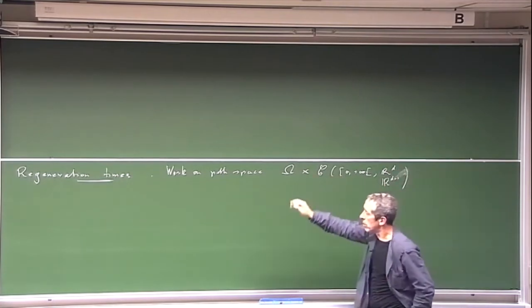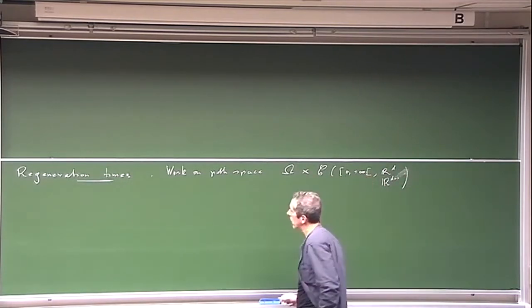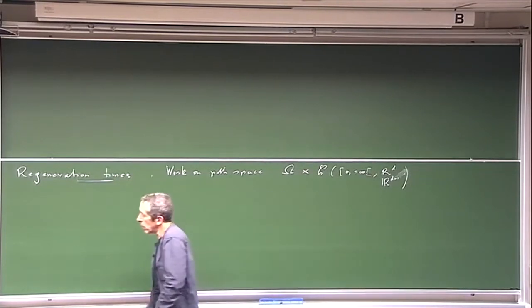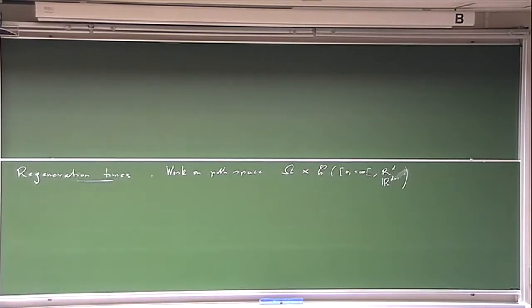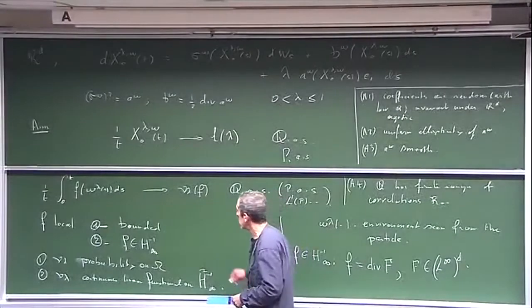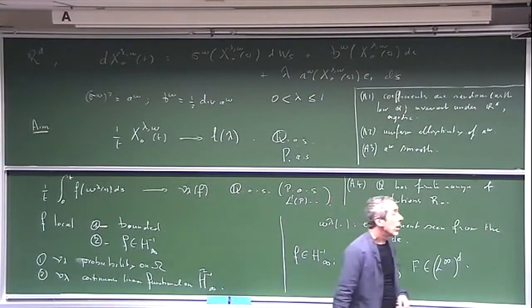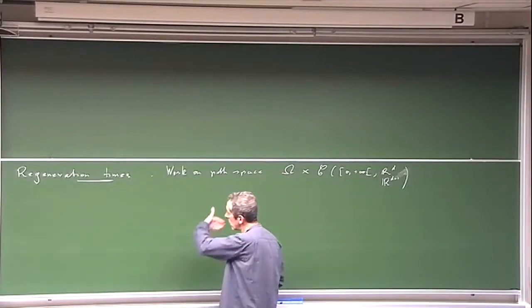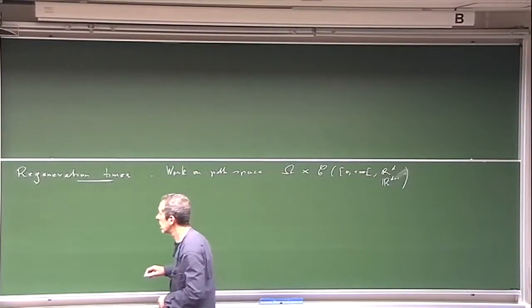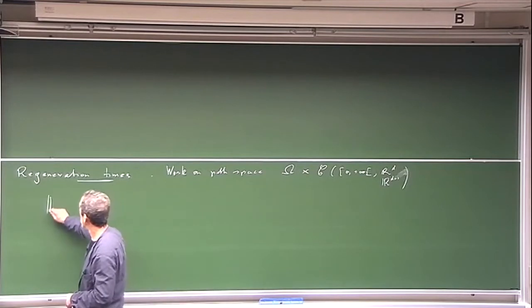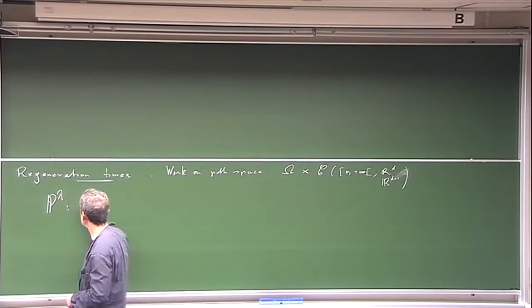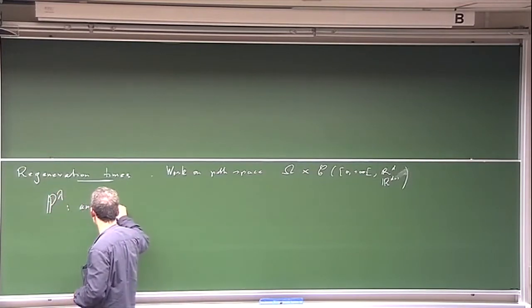If we only look at the diffusion, then we take paths in R^d, but if we want to include an additive functional, then we have to increase the dimension by 1. I will use the notation P^λ to be the annealed law